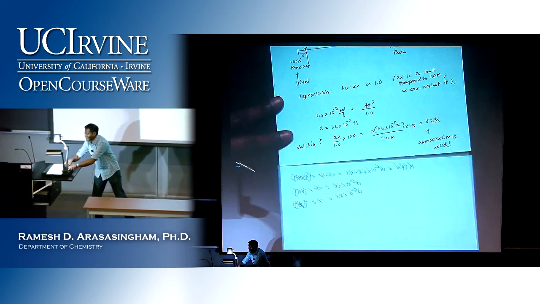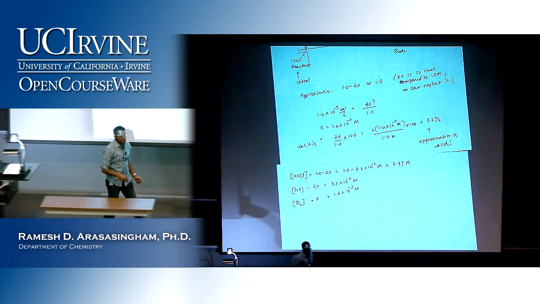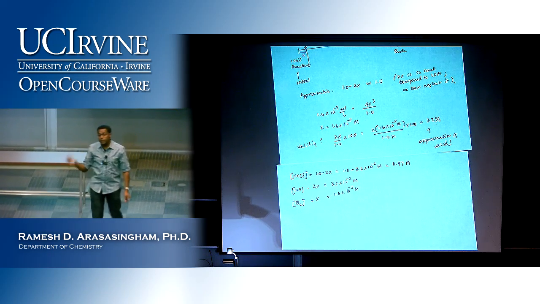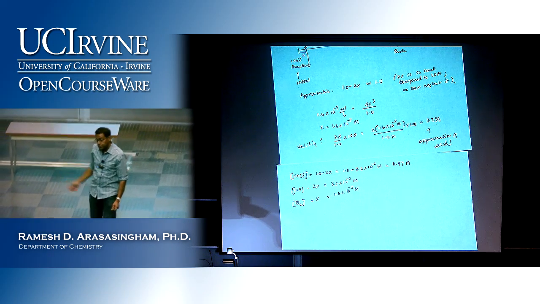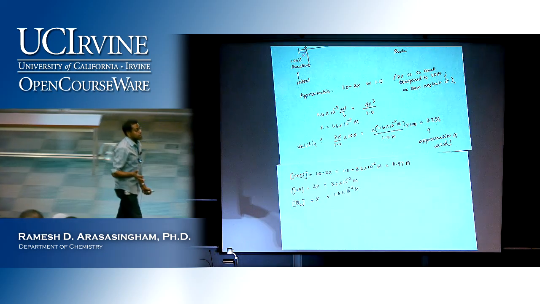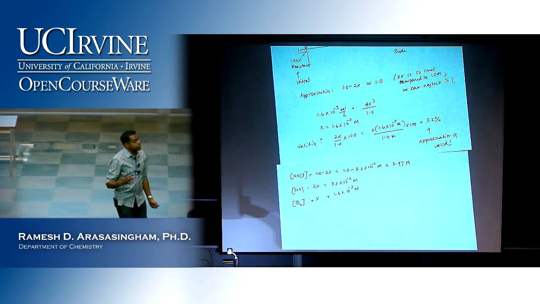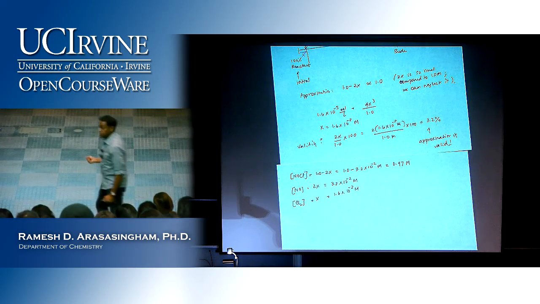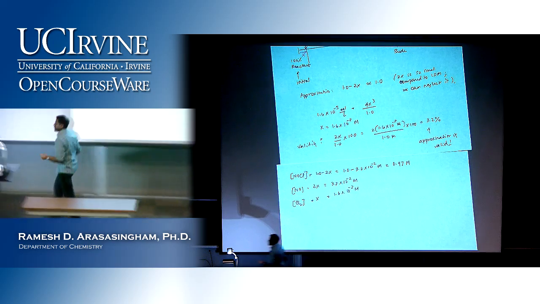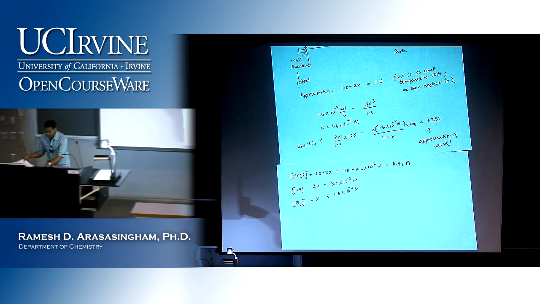All right. Now, what's interesting is if you did not make this approximation, and if you had solved that algebraic equation, you'll end up with the same answer. All right? And so it makes it much easier if you make this approximation, and therefore solving that problem gets easier. All right? Now let's go to the second part of this problem. In the second part of this problem,